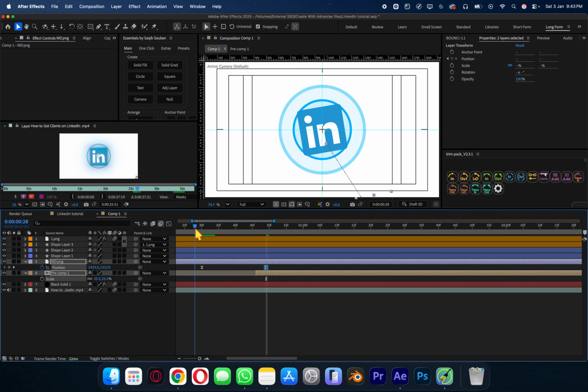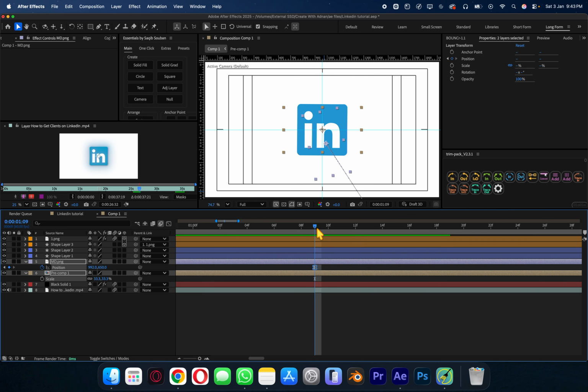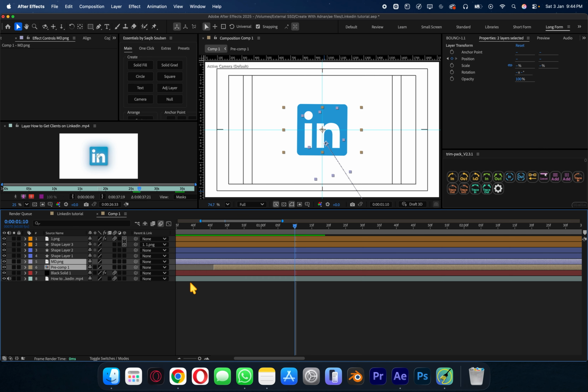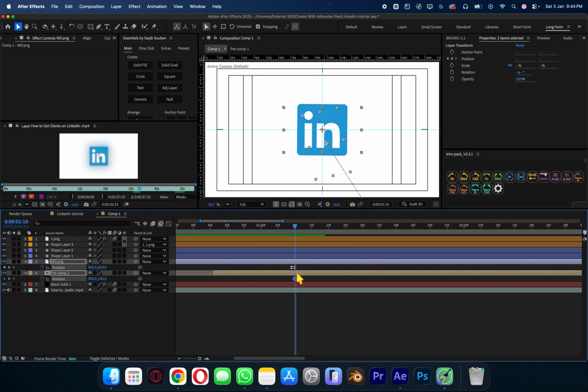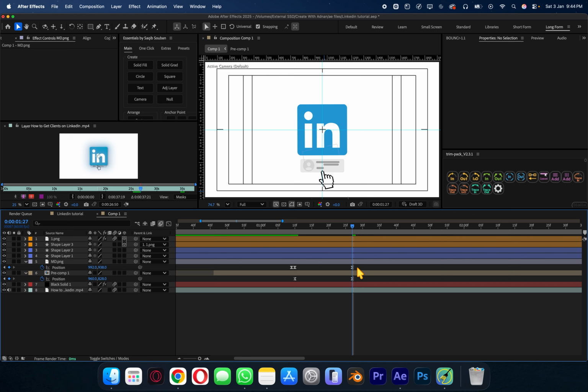Let's see, it's way too fast, so let's see. Once it reached, just after one frame, leave the one frame, put the position frame and also the pre-composed one. So let's make it come here, somewhere here. Okay, I think it's way too fast, so let's make it slow. Let's see. Once it's come here,